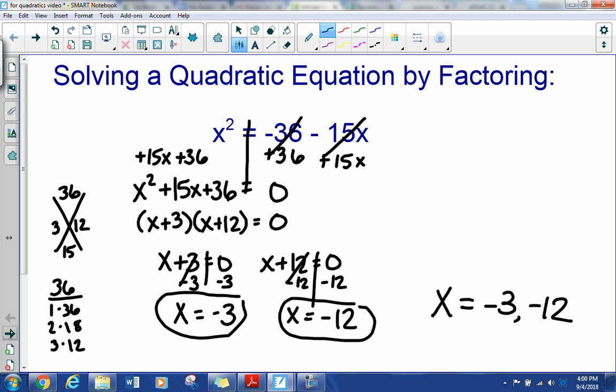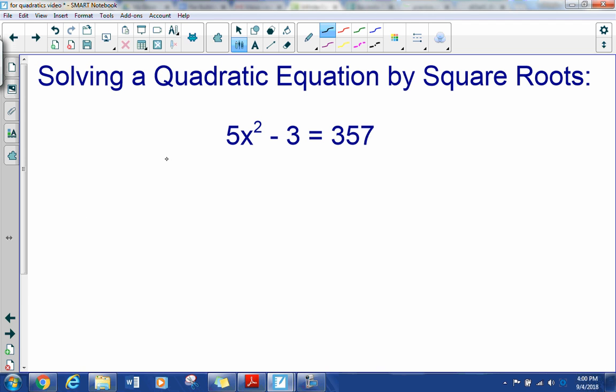The second method that we're going to look at for solving a quadratic equation is known as the square roots method. In order to use the square roots method, there has to be no b term in the equation, and by that I mean the a term is the one attached to the x squared. The number or numbers that don't have variables attached, those are c. It's the one that's typically attached to just an x that's considered the b term, and you'll notice in this case there isn't one. When there isn't a b term, that lets us know we can use this square roots